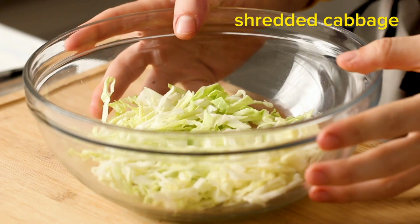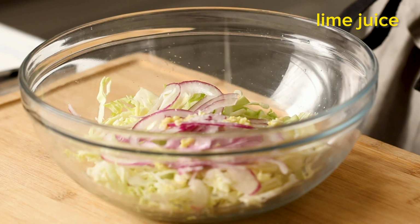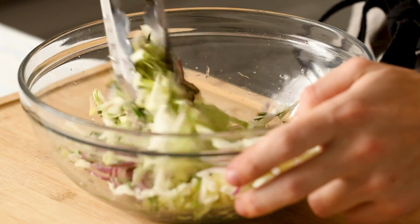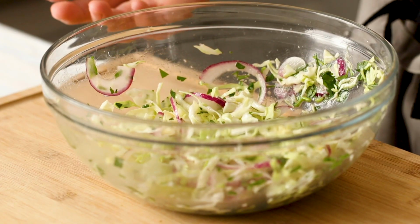I have thinly shredded cabbage here, to which I'm going to add some thinly sliced red onion, a little bit of grated ginger, some fresh squeezed lime juice, a little bit of olive oil, and finally, some cilantro. Give that all a good stir. Wow, that's so good. And I'm pretty happy with how the slaw turned out, so I'm gonna set it aside